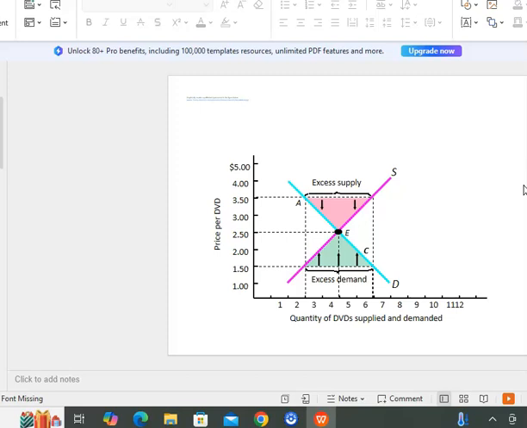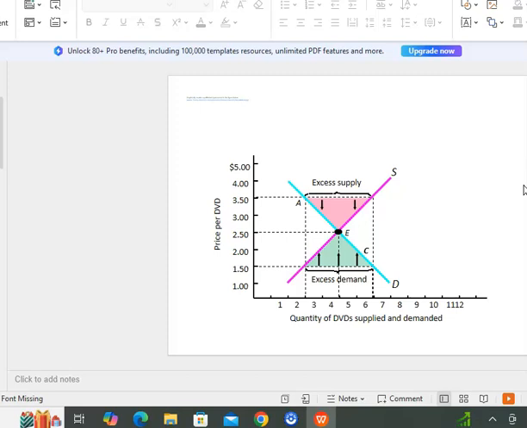Suppliers are discouraged from supplying the goods and services. That's why the supply is reducing to 2.5 units, but the demand is increasing to 6.5 units. But because of the forces of demand and supply, suppliers will be defending their position, and the consumers will as well be defending their position, and in the end, the price will be pushed to the equilibrium price, and the quantity demanded and quantity supplied will also be pushed back to the equilibrium position,